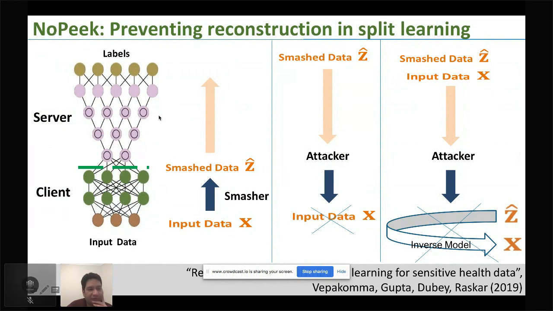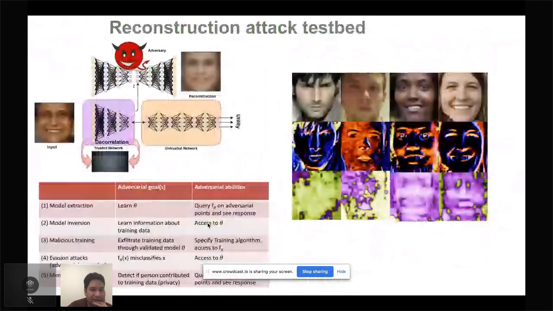One-way functions are very popular in cryptography, but I would call this approach more like information theoretic security, where you want to make sure the amount of information going forward is way higher than going in the reverse direction. So this is a non-cryptographic one-way function that you want to learn from a learning perspective. And then there are other attack designs as well, which we are also beginning to look at. But today I'll just show some results from reconstruction attacks, the one that I talked about in the setting before.